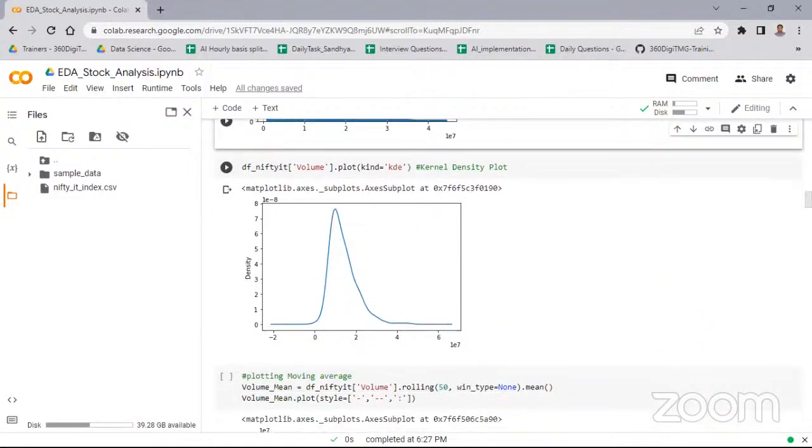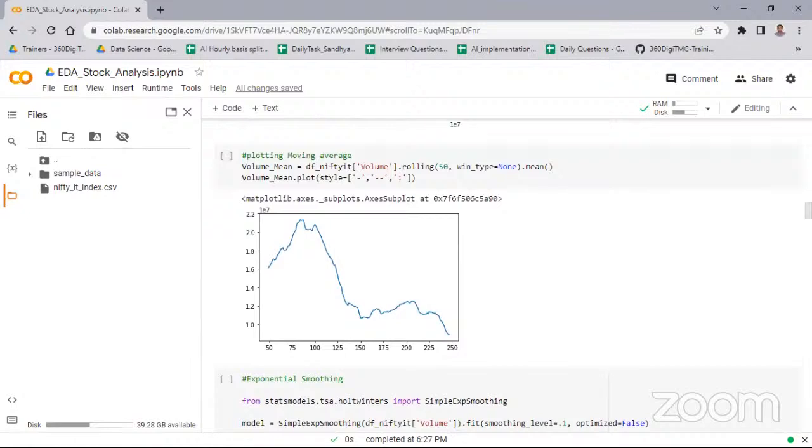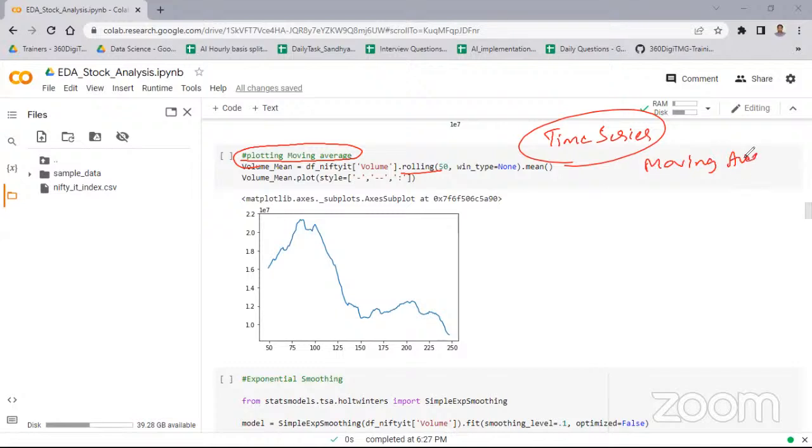Now, after this, I have one more with the data, the rolling, that is the moving average method. Usually for time series, we'll be using these kinds of plots. I can call it rolling, or we can call it moving average,